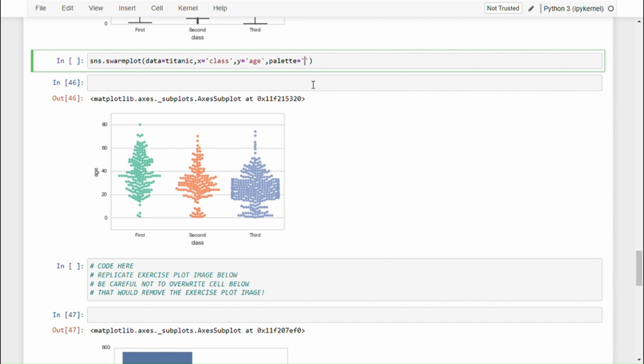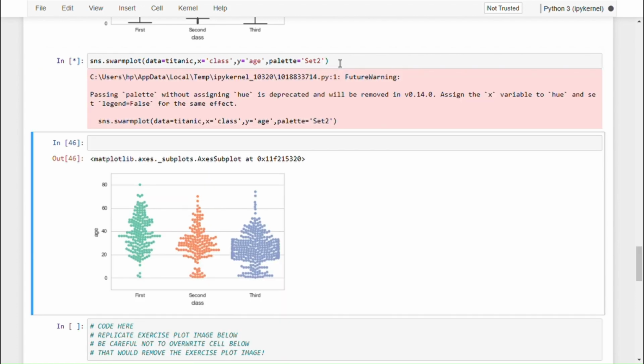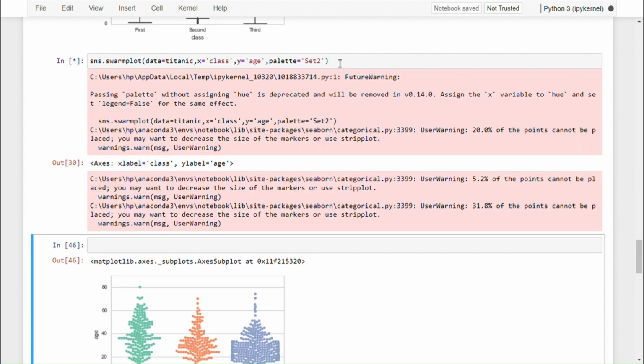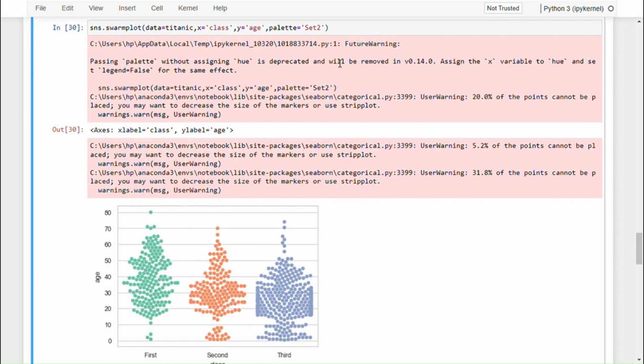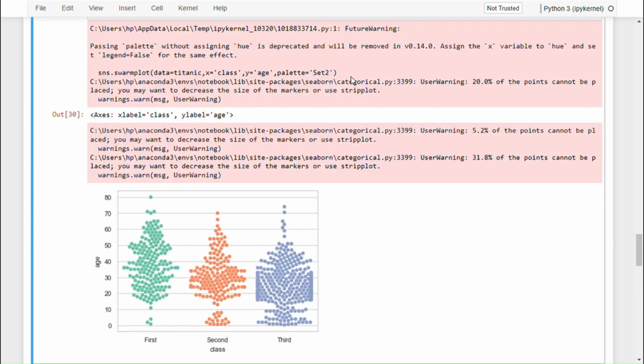And this color combination here is called set 2. So here Python is giving us a couple of warnings. The first warning is for palette, which has been deprecated. We will ignore this for now. The second warning